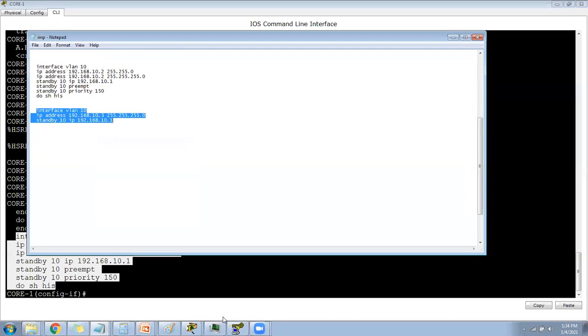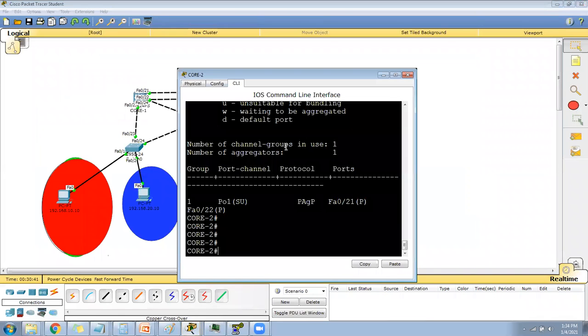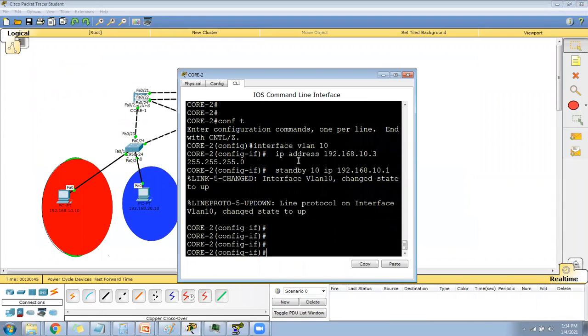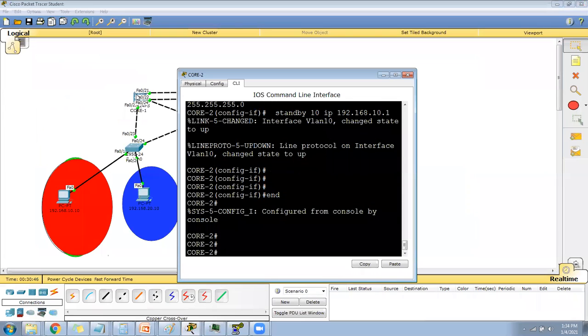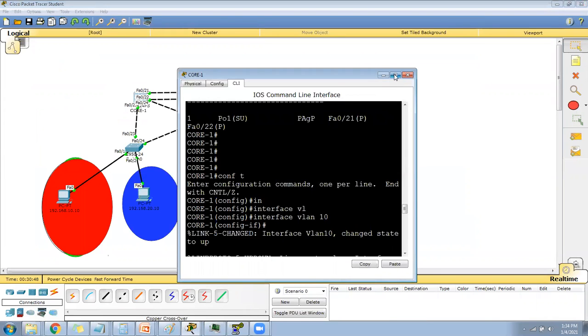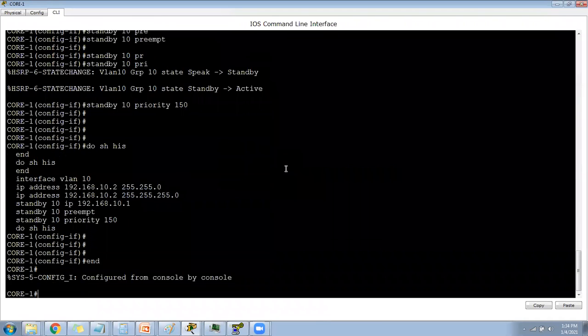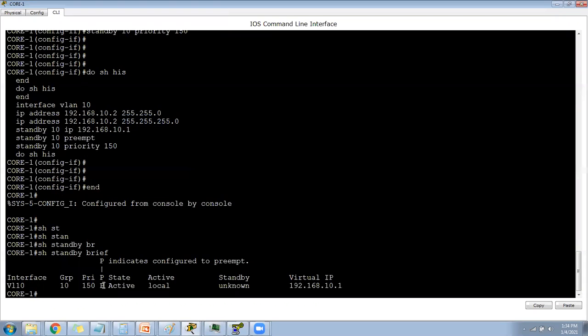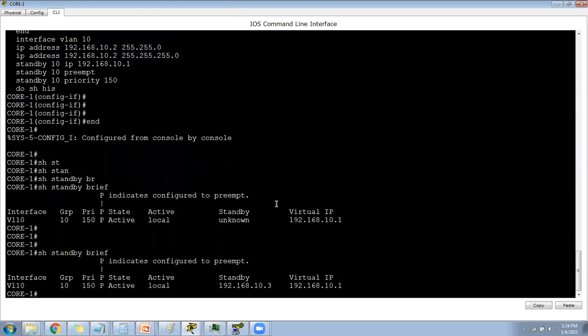Okay, I'm going to core 2. Core 2, terminal paste. Done. Similarly, now if you go and check in core 1, show standby brief. It is saying for VLAN 10 priority is 100. This guy's state is active, and standby is showing still unknown because the other switch is in progress. See, now it becomes